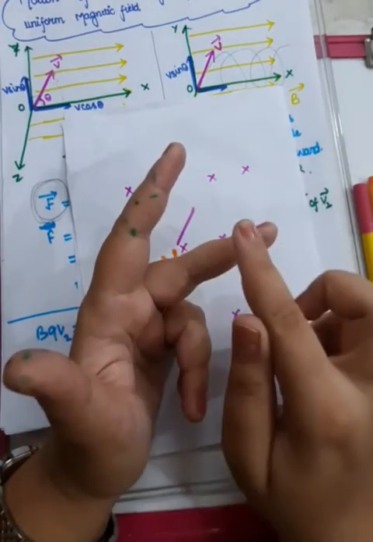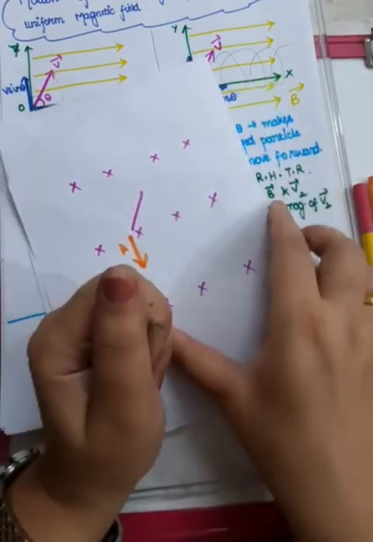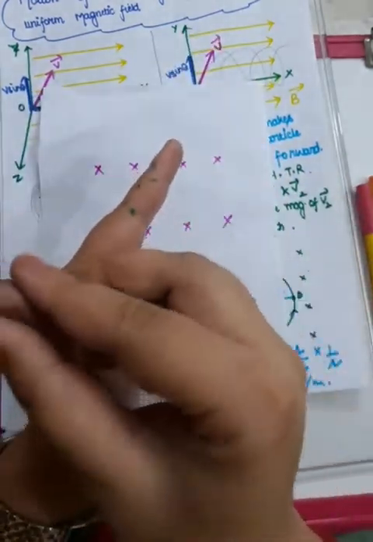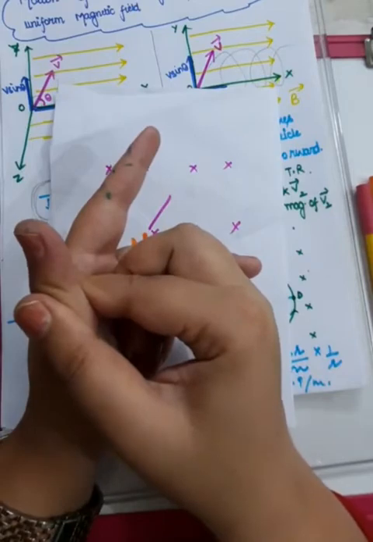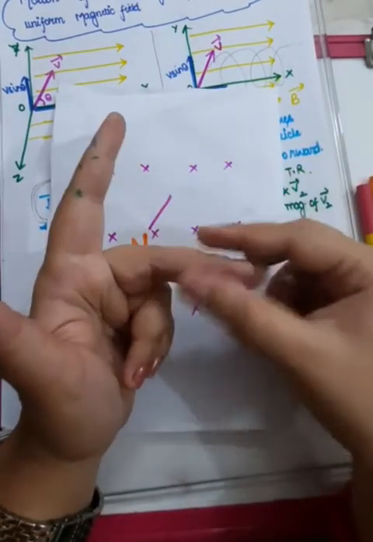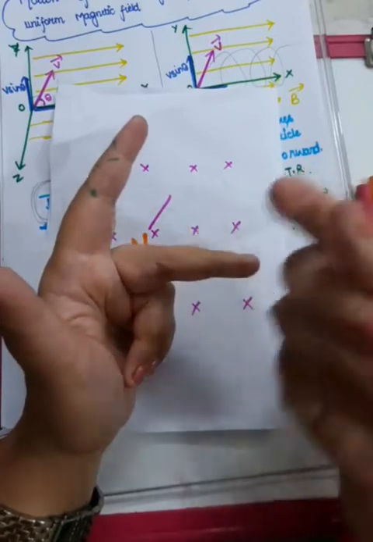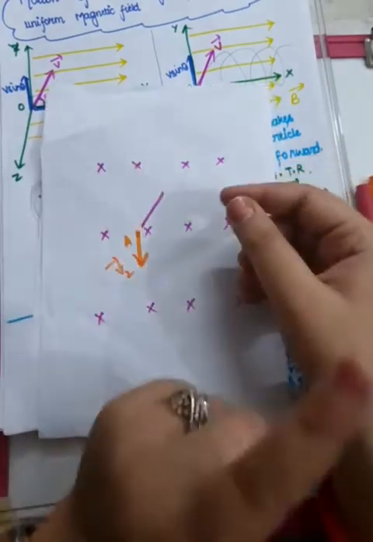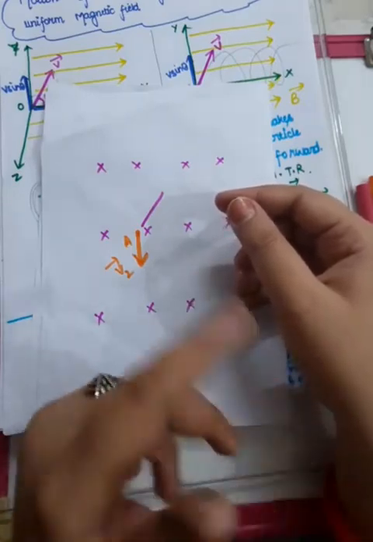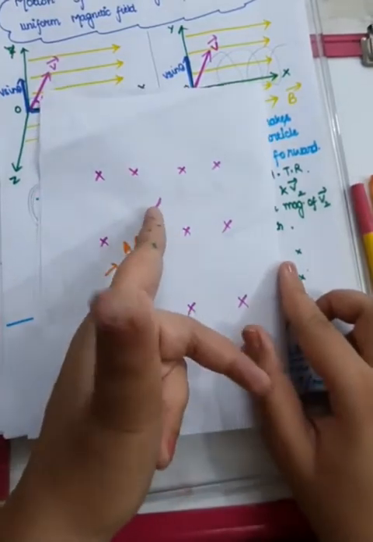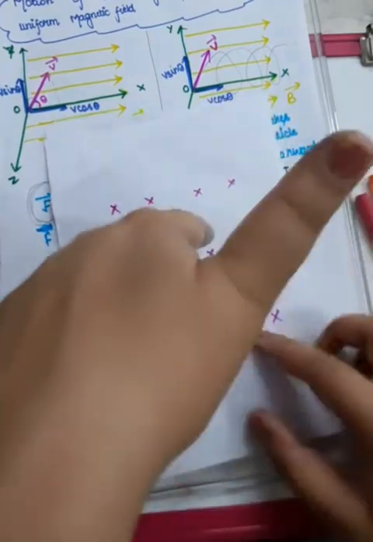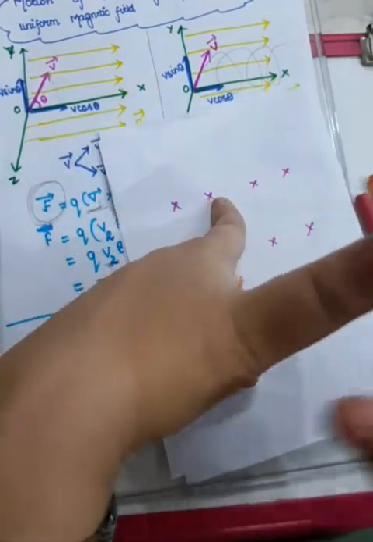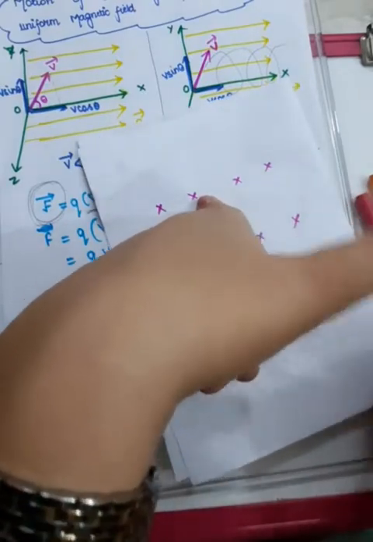This left hand rule is Fleming's left hand rule, and it says that you can take it as father, mother, child. Father, F stands for force; mother, M stands for magnetic field; child, C stands for current. Current means the flow of the charged particle in a particular direction. So basically, what is going to happen now: M, magnetic field, is directed inwards, and the current, the velocity vector, is directed like this. Try to understand. So this is the direction of force.